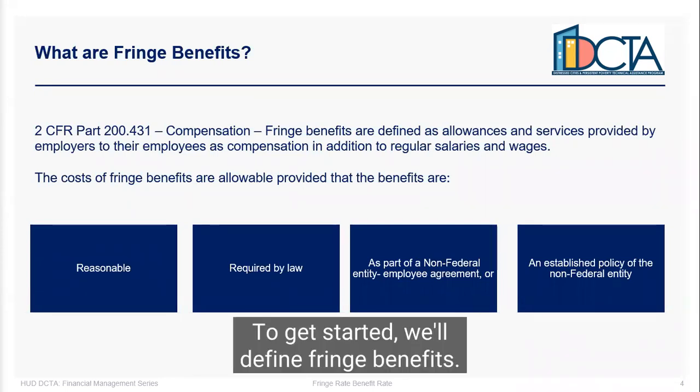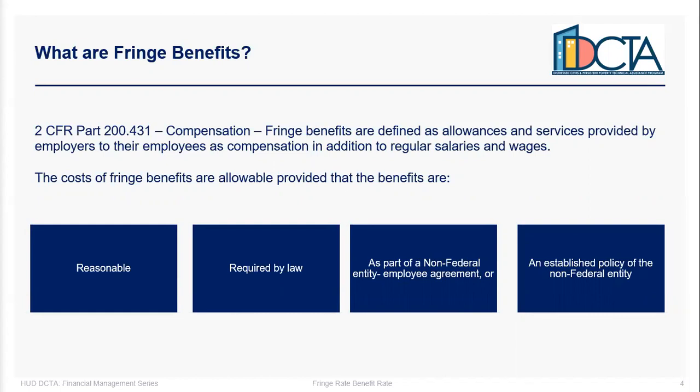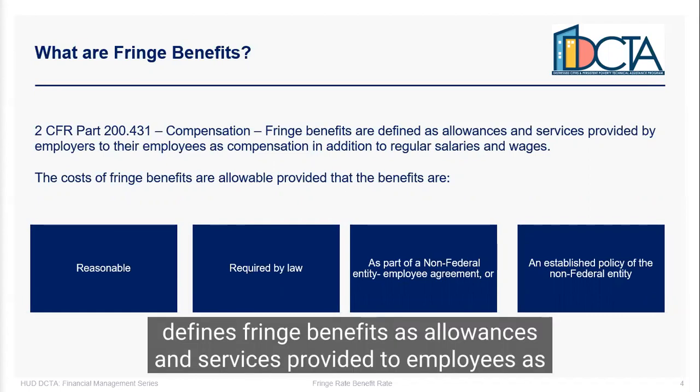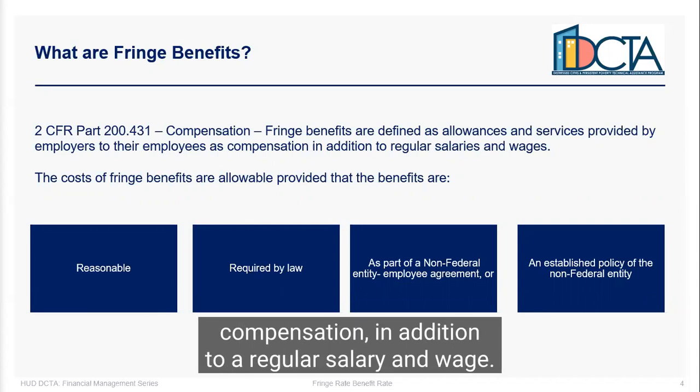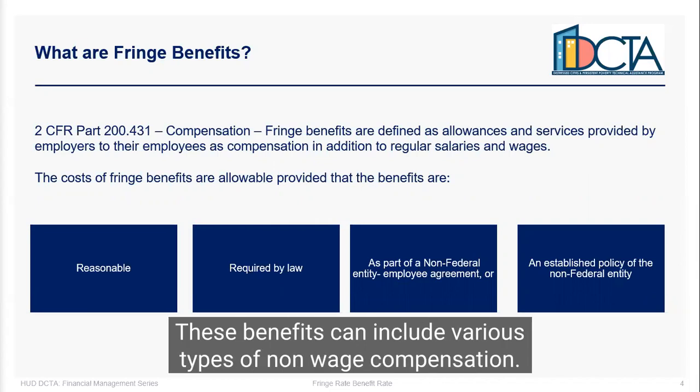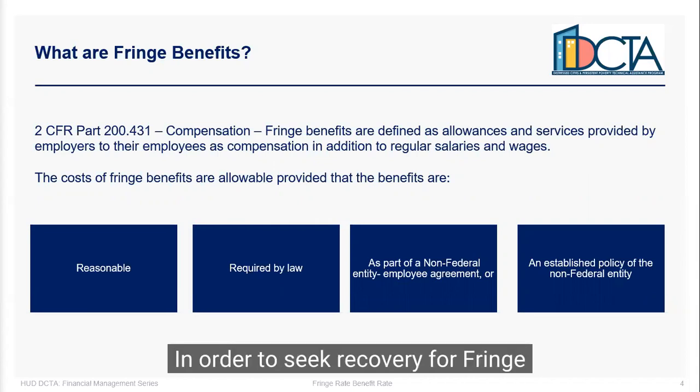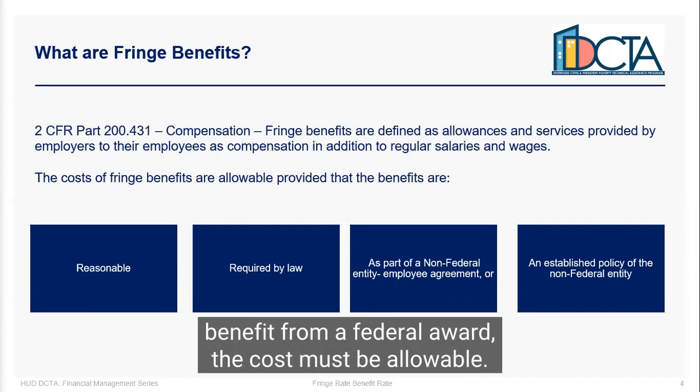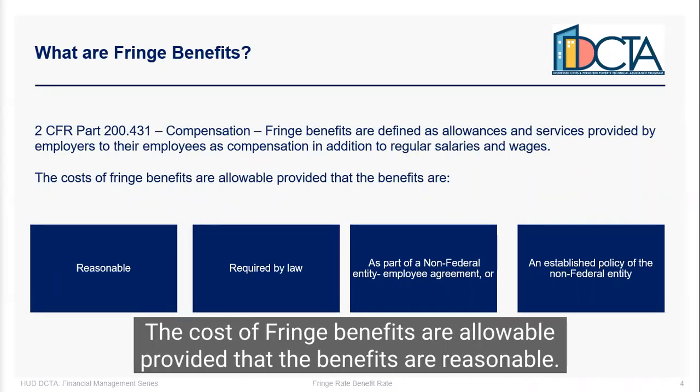To get started, we'll define fringe benefits. 2 CFR Part 200.431 defines fringe benefits as allowances and services provided to employees as compensation in addition to a regular salary and wage. These benefits can include various types of non-wage compensation. In order to seek recovery for fringe benefits from a federal award, the cost must be allowable. The cost of fringe benefits is allowable provided that the benefits are reasonable,